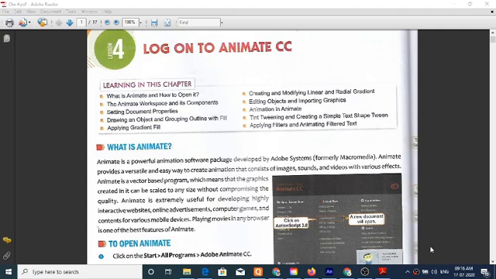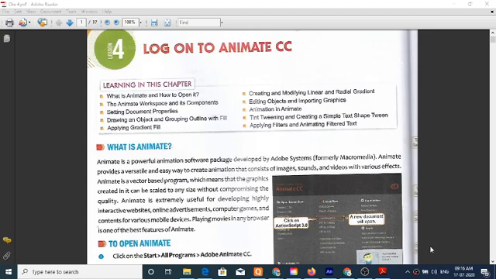Animate is a powerful animation software package developed by Adobe Systems. Animate provides versatile and easy way to create animation that consist of image, sound, and videos with various effects.